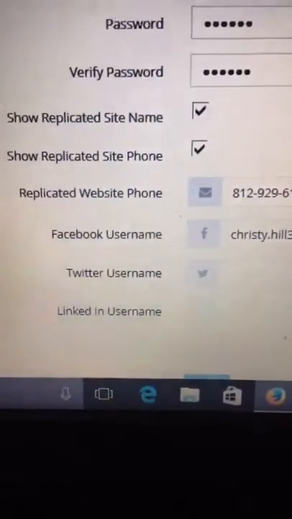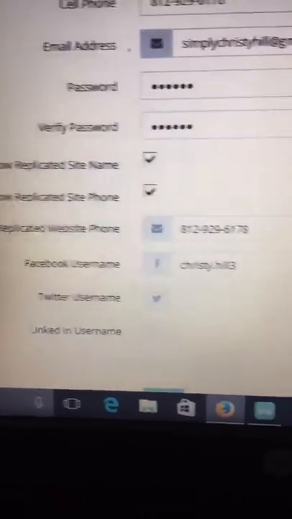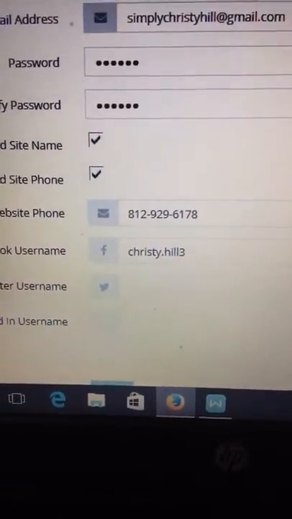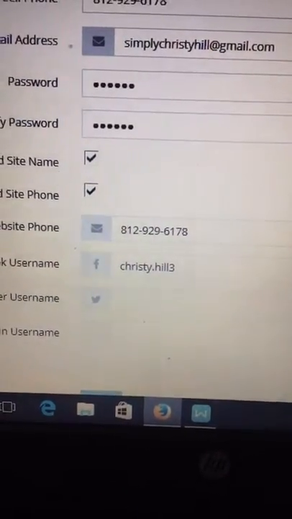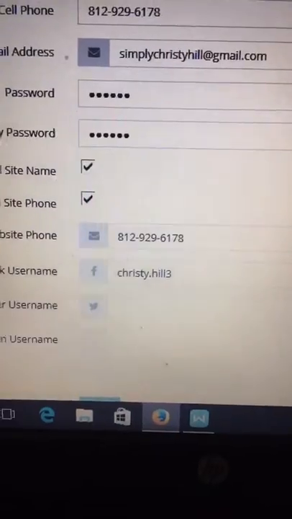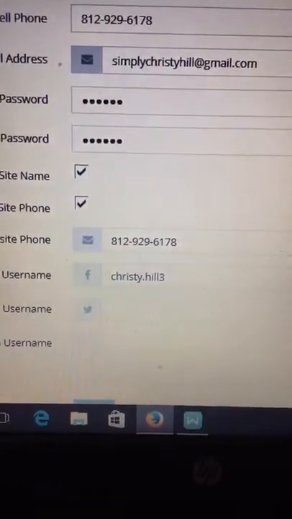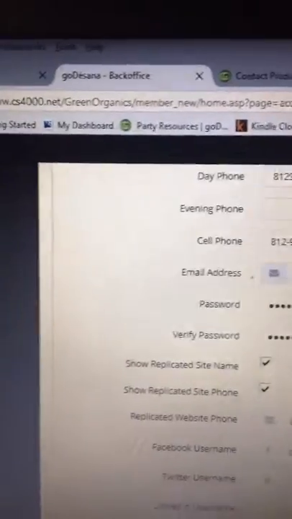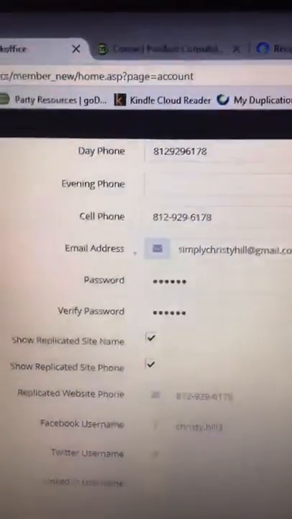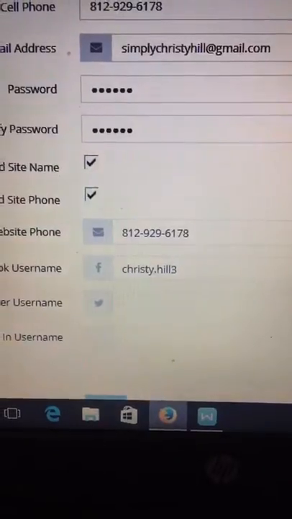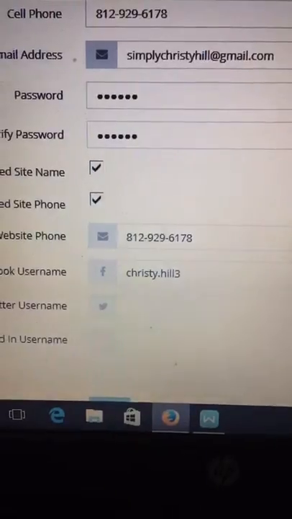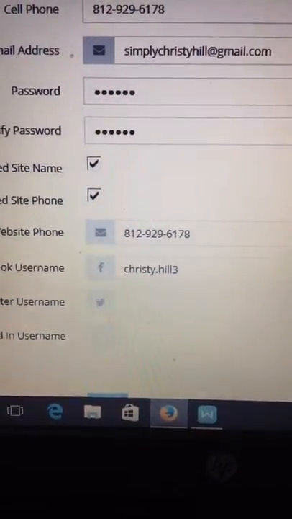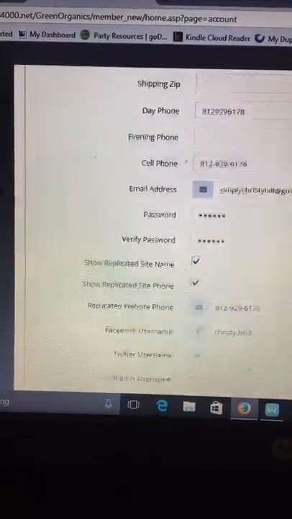And then you can see your Facebook username. All you have to do is put in the last portion of your Facebook username. If you don't know your username, go to your Facebook account, click on your profile, and then take a look at the address bar, and it will tell you the last portion of your username. You can fill that in there, and that will create a link on your lead system that will link them directly to your Facebook. Okay? So once you've filled in that information,